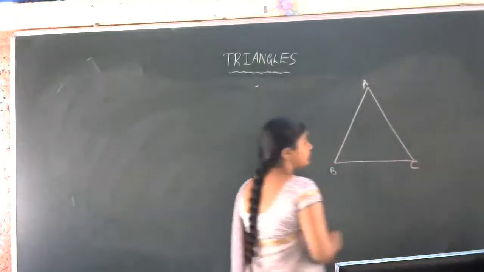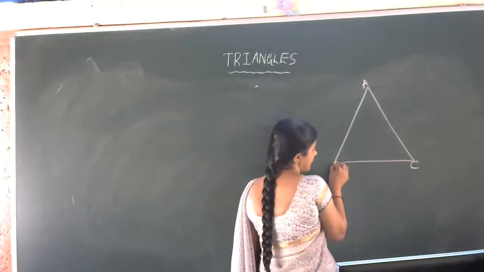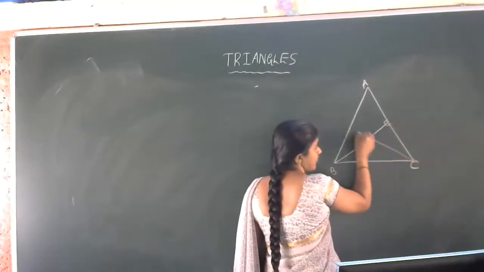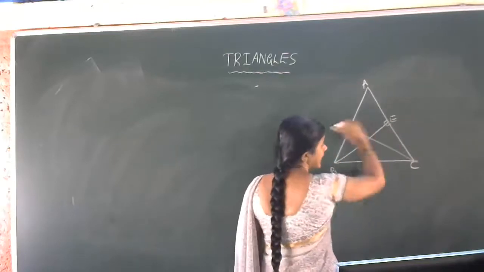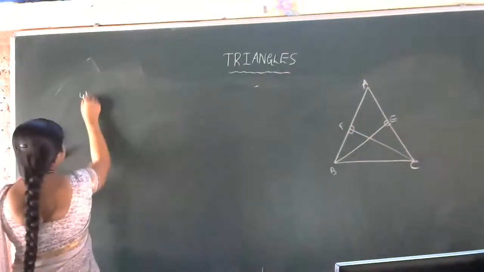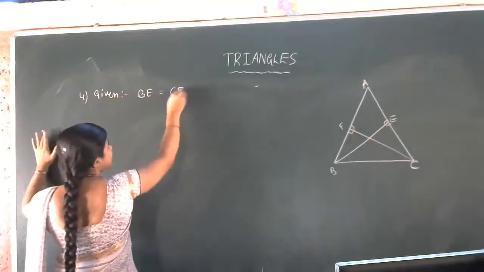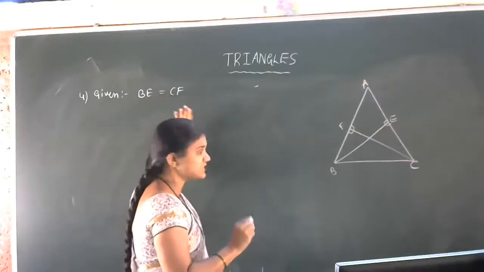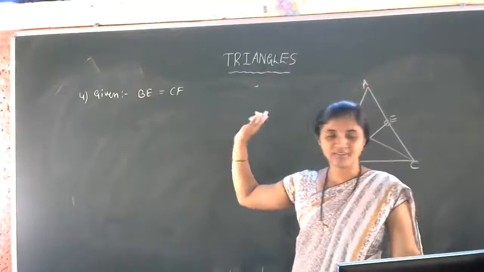For this triangle ABC, altitudes BE and CF. Altitudes we have to draw like this. Altitudes, in the sense, are 90-degree lines. BE is one altitude, CF is another altitude. BE and CF are equal altitudes of a triangle ABC. Let us write the given data here. Given: BE is equal to CF. Altitudes are equal. One more data is that altitude means angle is 90 degrees. That is clear. Just for the rough sketch, we are writing the given data.